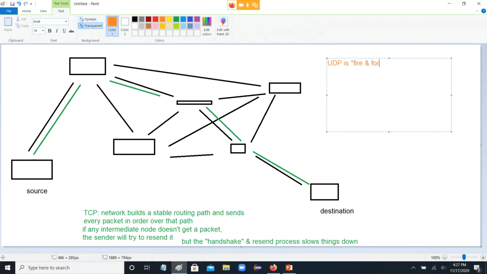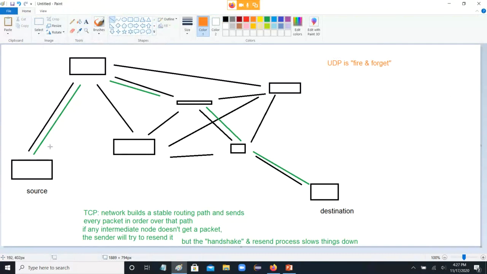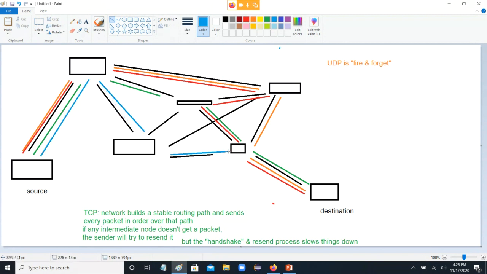UDP is fire and forget. Any packet might get sent down a different path. I might send the first one, and it gets there this way based on the local situation. I say, oh, maybe this is the best path. And maybe I send another one and it goes a slightly different path. Maybe it goes to here, to here, to there. Maybe there's a lot of other data on this transmission. And then I send another one, it could take a totally different path. So with UDP,